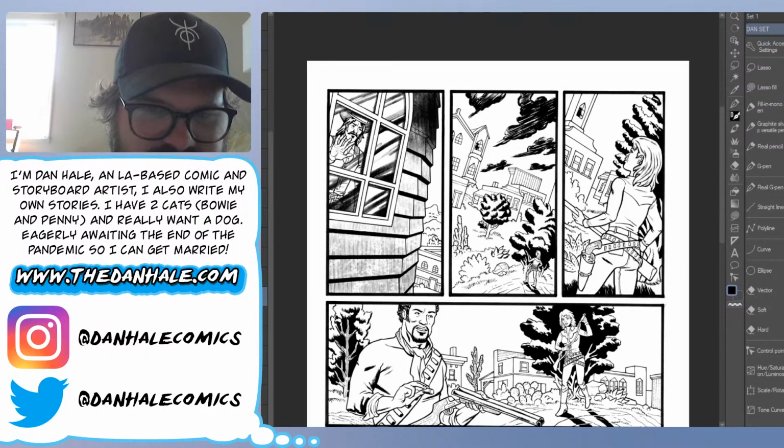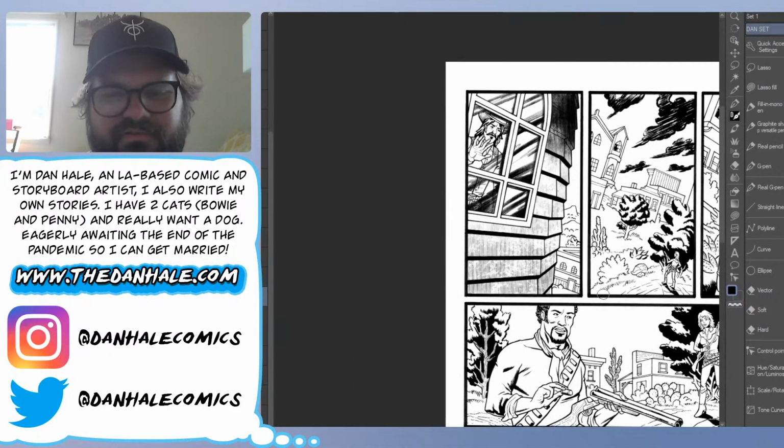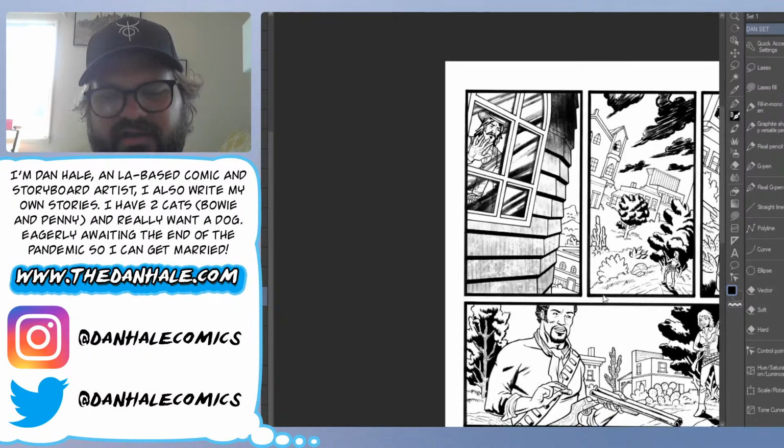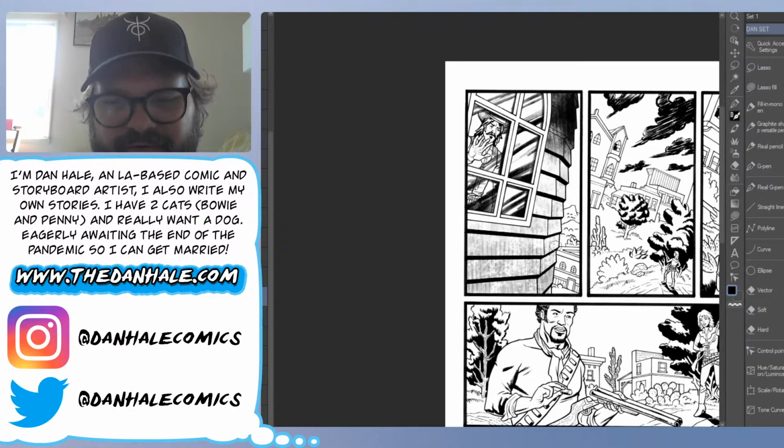Yeah, I was actually looking up reference for horses because in this one scene, this guy is riding a horse from behind, and I was like, man, that's a really hard angle for me to get. I was looking up reference, and I saw this one really cool dynamic image. I was like, you know what? I'm just going to trace that. I'm just going to use that. It looks better than what I